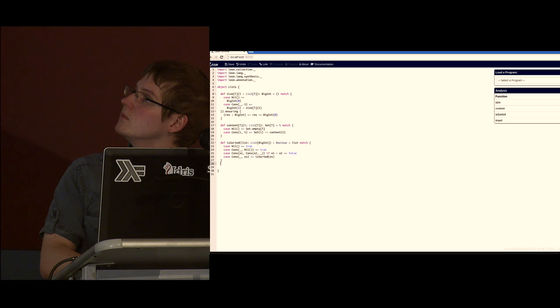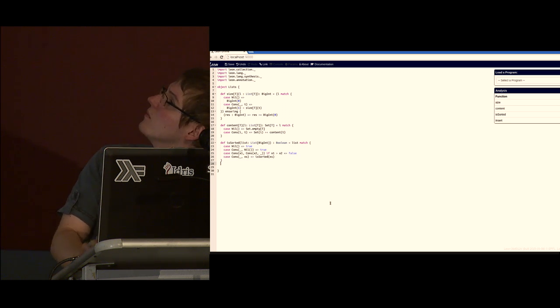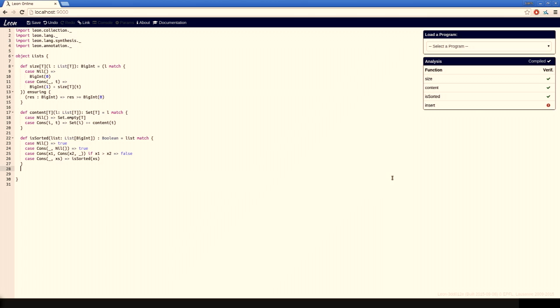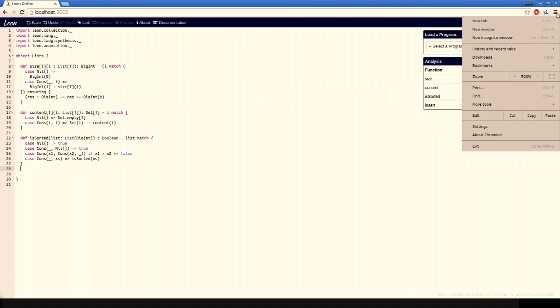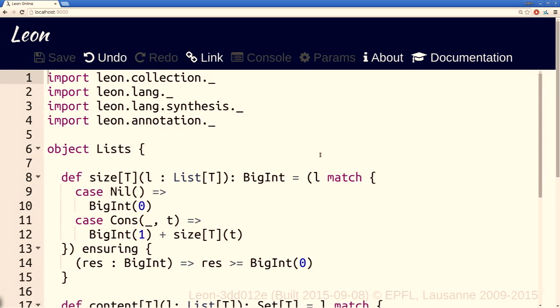Hello? Does anybody know how to make it bigger in Chrome? Control plus. I'm pressing Control plus, but... Command Shift plus. Okay, let's try this. You are at the maximum probably. It doesn't do anything. Let's reload. Oh, now it...